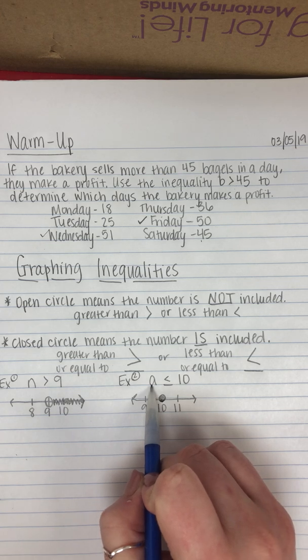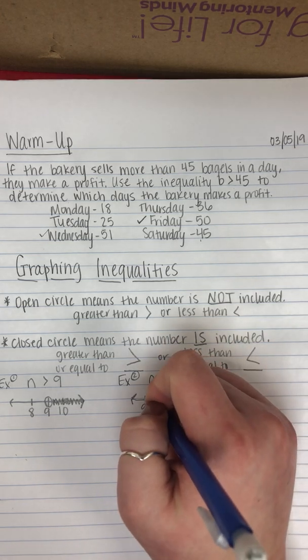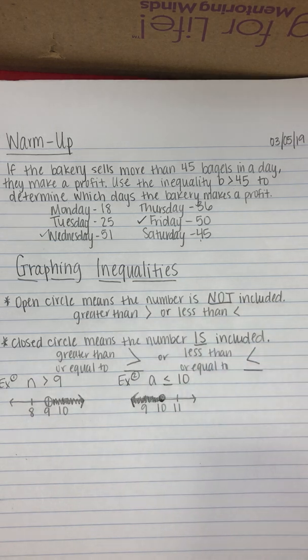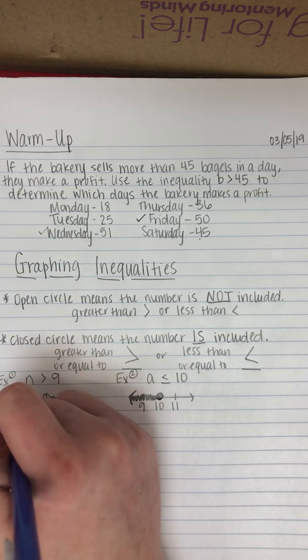And then my variable is on the left, so my sign points in the left direction, so it's anything less than 10 or equal to 10. So it's shaded in because it can be 10. 10 is a solution, whereas 9 is not a solution. Okay? Now for example 3,